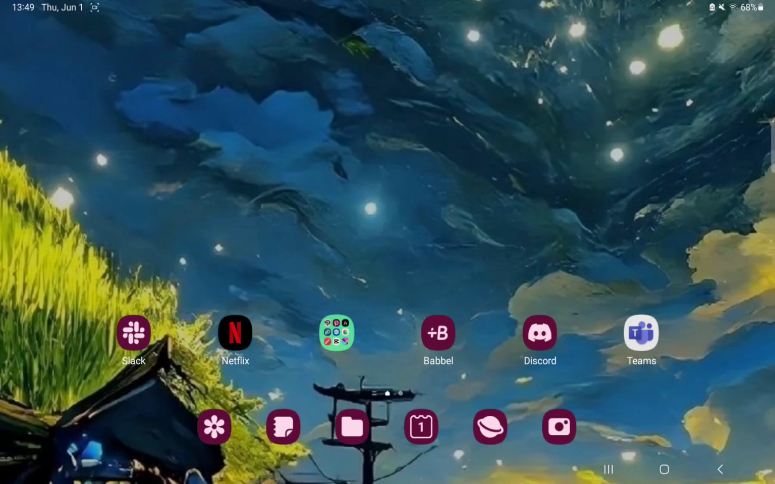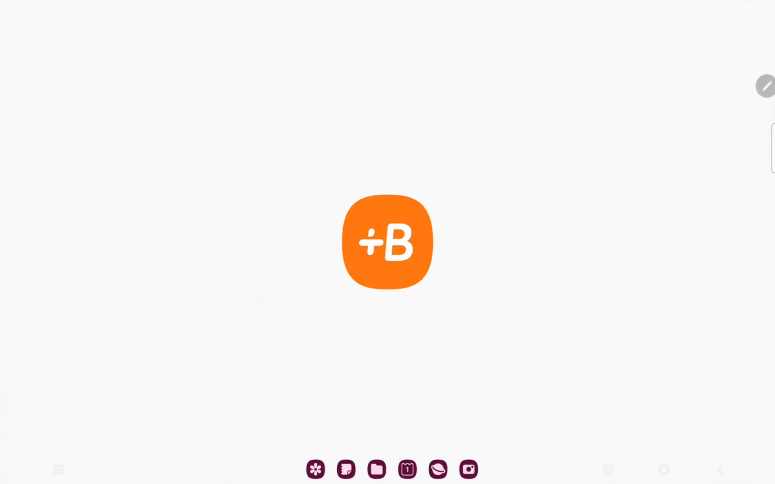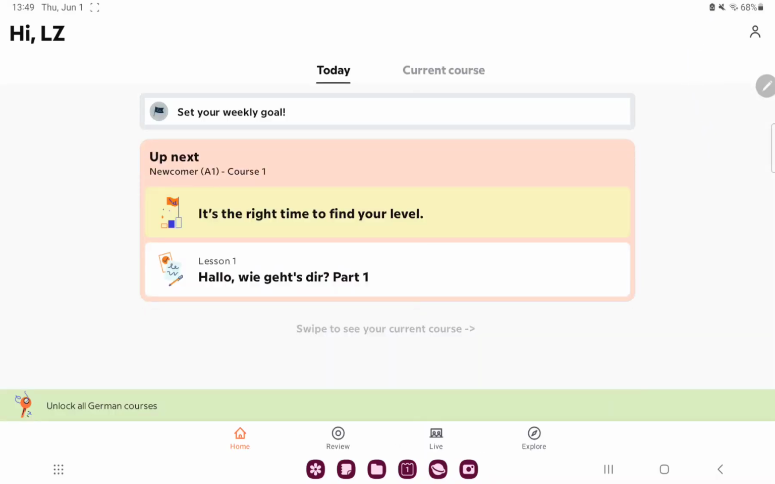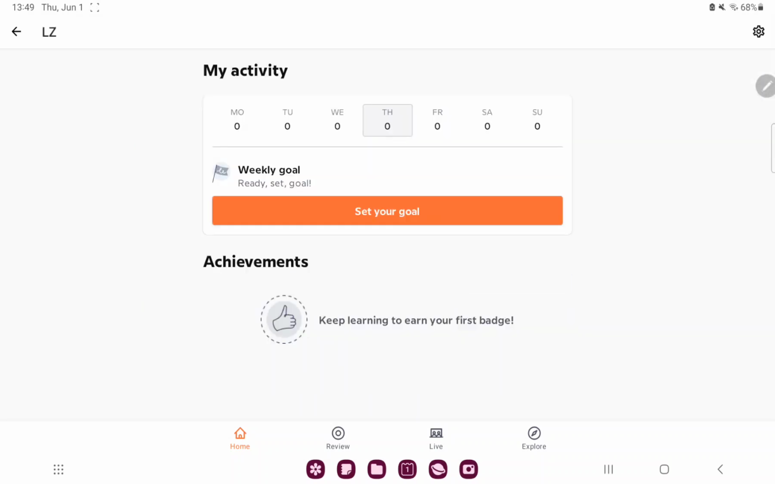So let's jump into it. First of all, open the application on your device. This is the home page, and go to the account icon at the upper right corner of the screen, and in the My Activity section click the Set Your Goal button,